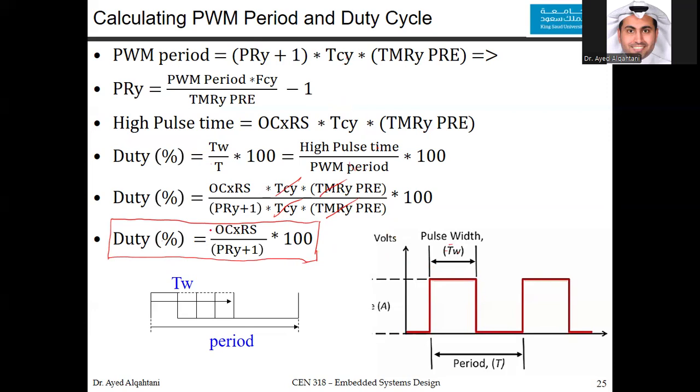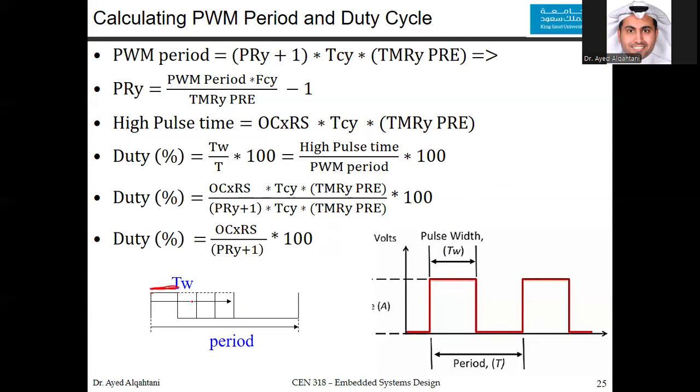So now, as we said, we define the duty percentage by the ratio between the high time and the full period. So the more duty percentage you have, it means more high time. Just to give you an indication of this, let's go to this figure. Here, if this is the whole period, this would be about